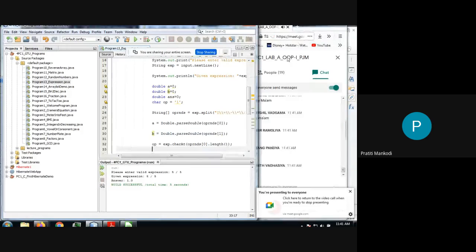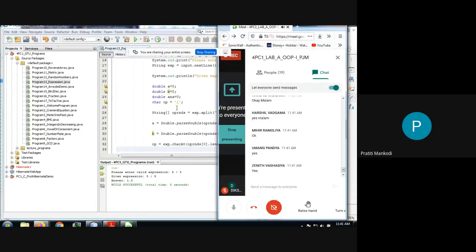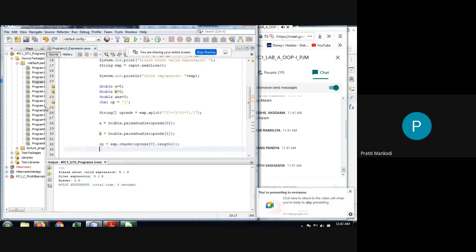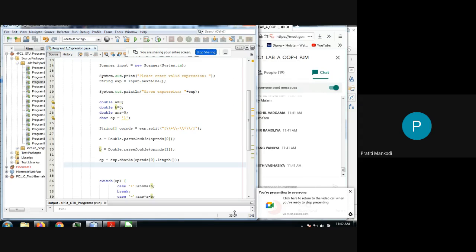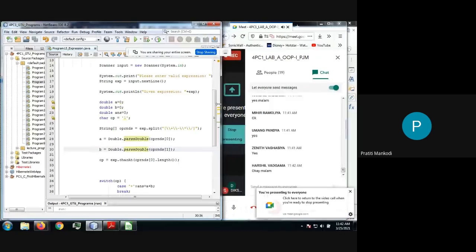So will you be able to complete it? I'm giving you 10 minutes to complete this and update me regarding the status for error, output or any confusion. Fine, so this is your code, this is your code for the same. You can complete it and let me know. Then we'll be proceeding to the next program.